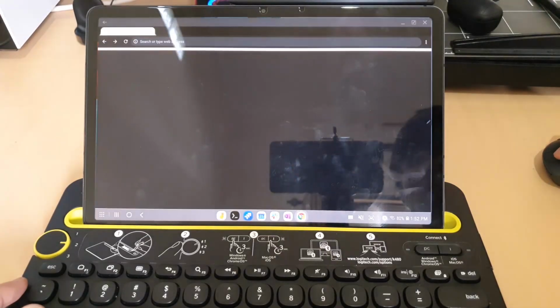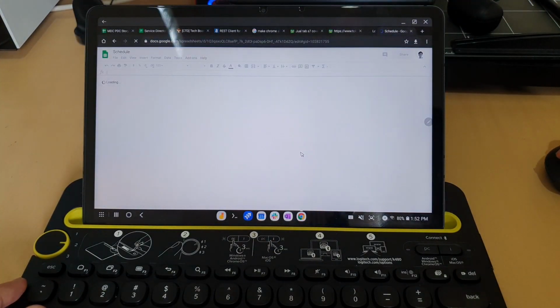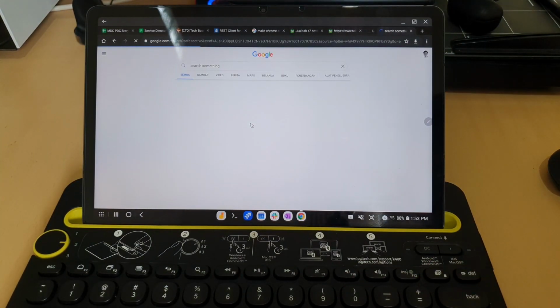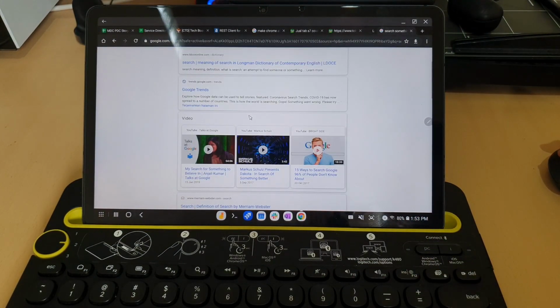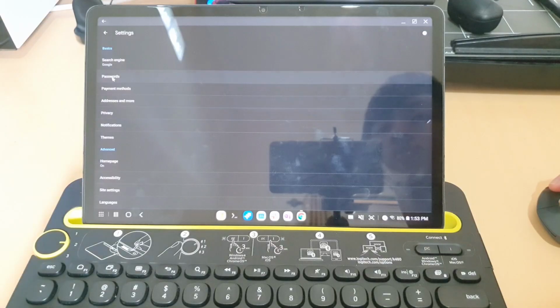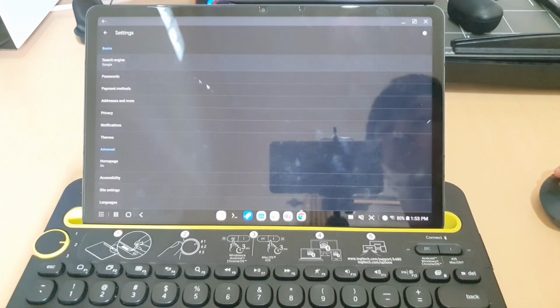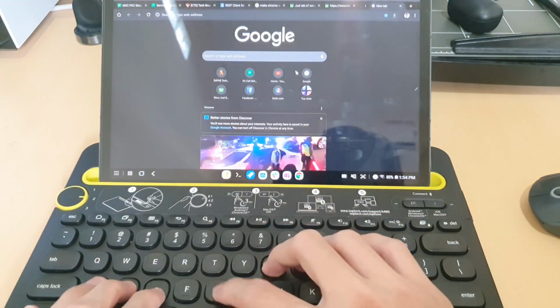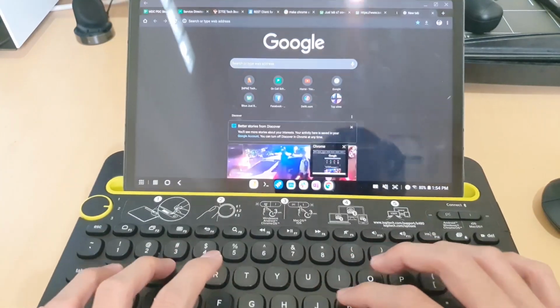The next one is my main browser. I use Google Chrome. By default, it will open mobile web, so every time I open a new tab, I need to explicitly request the desktop web. Chrome also doesn't support extensions currently, like Samsung browser does. And after opening a new tab, the cursor is not automatically placed on the address bar.